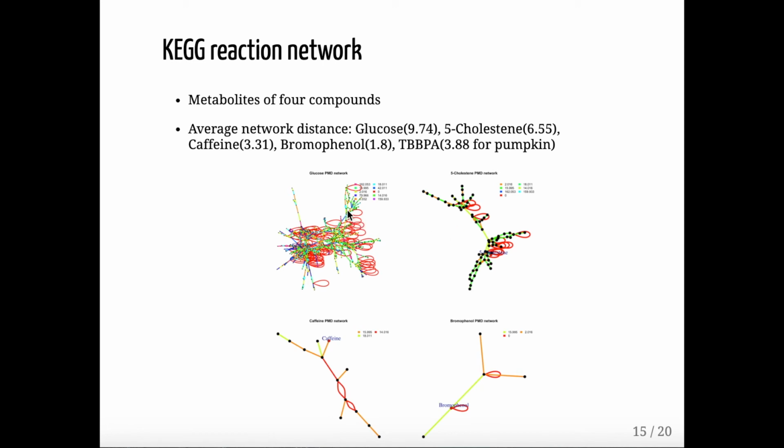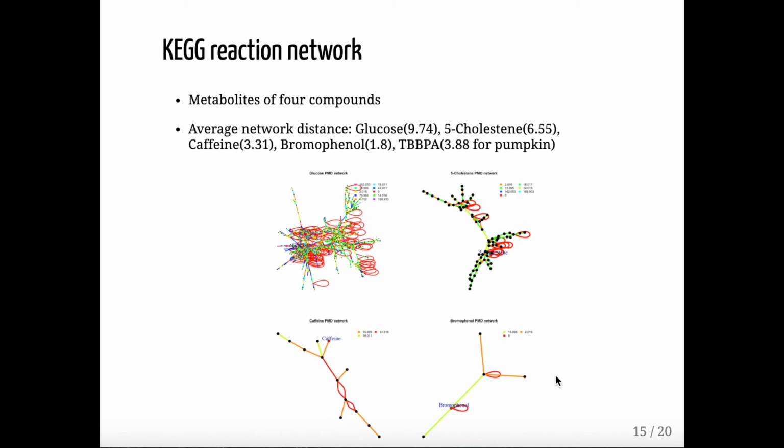If we build the PMD network by the top 10 high frequency PMDs within the KEGG database, we can find the network is quite large and has quite complex structures. But when we go to some exogenous compounds, we can see the network structure is quite simple. It's reasonable because